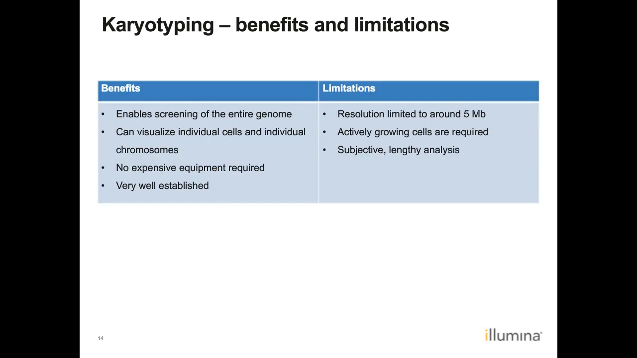The benefits of karyotyping include its ability to view the entire genome and visualize individual cells and individual chromosomes. This technique has been around for a very long time, and hence it's very well established and trusted. Also, it doesn't require any expensive equipment. The main limitations of cytogenetic analysis are its low resolution, typically down to around 5 megabases, but this depends on